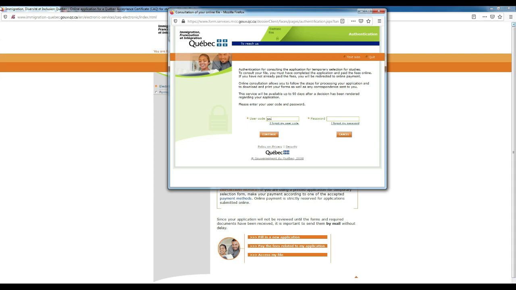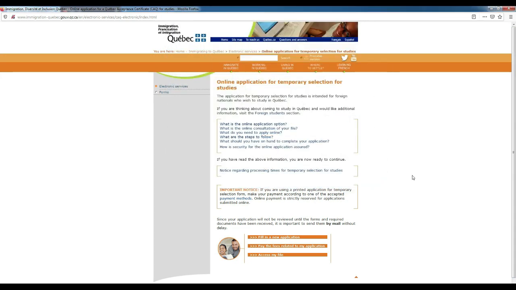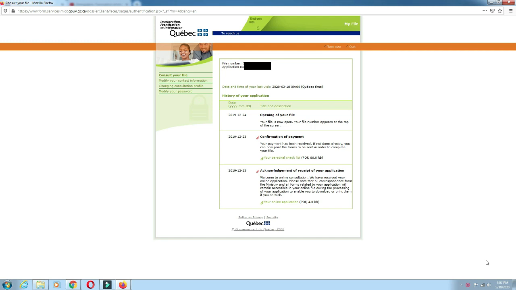I am showing you the sample which I have already previously done for one of the students as it appears on the screen. So a similar profile you will be able to see in your account. Here I have logged into one of the profiles, and you can see that this is the file number, this is the application number, and this is your personal checklist. Here you can see when you have made the payment, and this is your personal checklist which you can download from here. This is the confirmation, and then this is your online application. Whatever you have filled online, like currently whatever we filled, will be fed over here, and that also you can download.